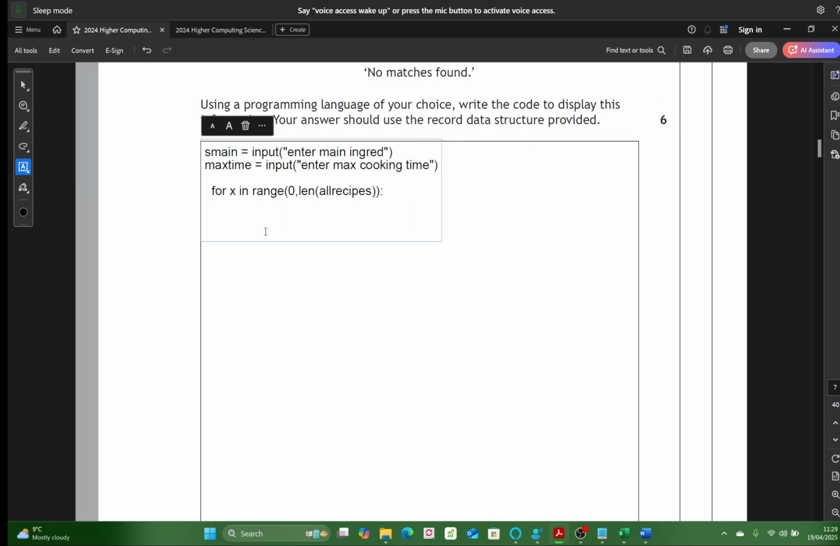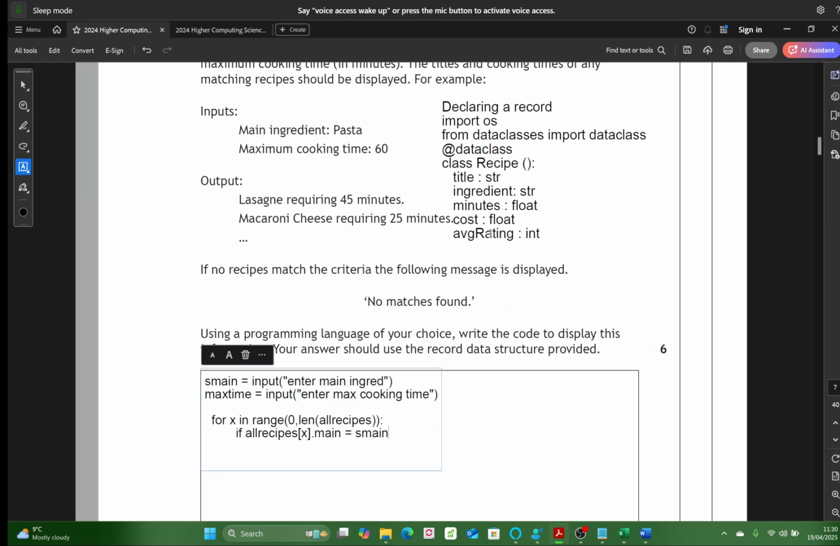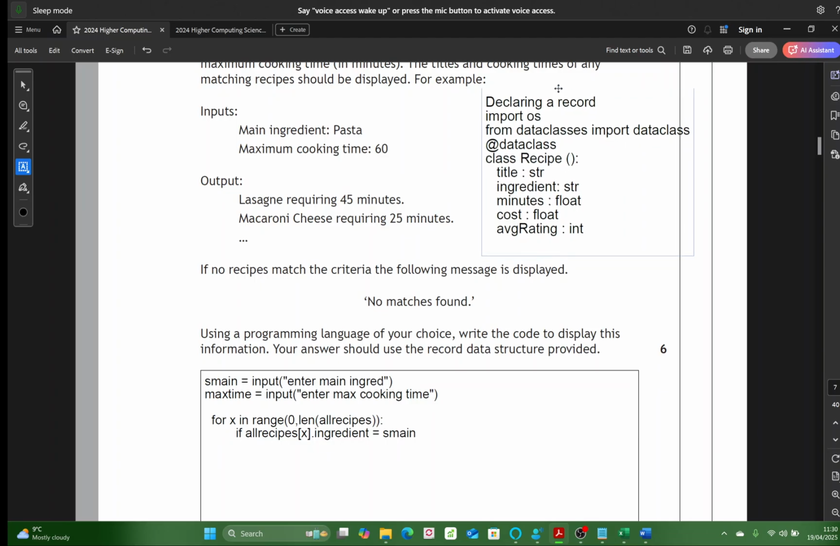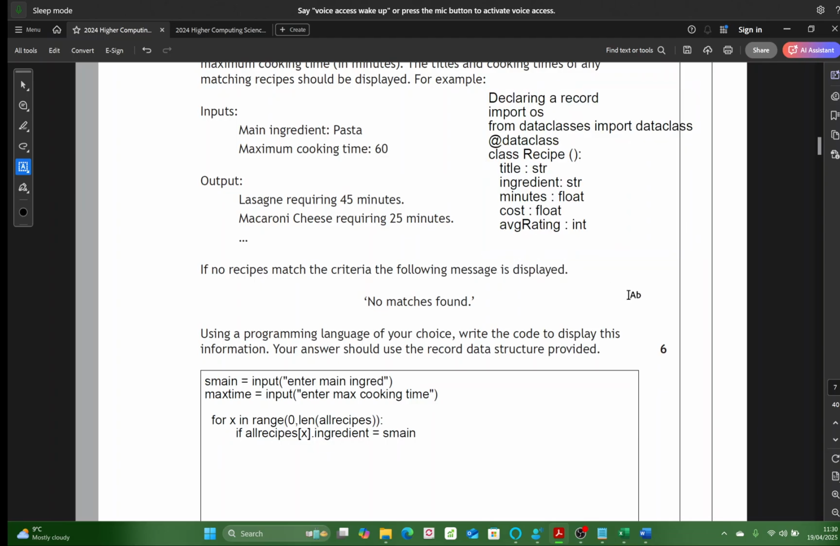What are we going to do? We're going to check if all recipes square brackets x dot main, if that equals s main, that one coming in there. So where do we get main from? Oh, ingredient. Sorry, it's not main, it's ingredient. Remember, this is our record over here. Oh, I can move it. Thank goodness. If that equals main, and